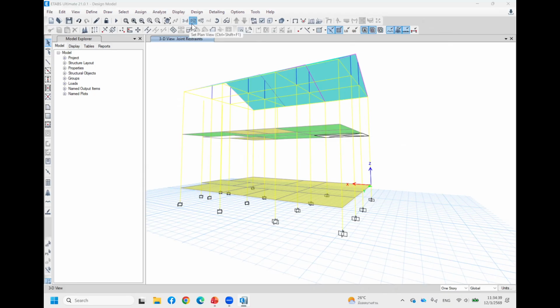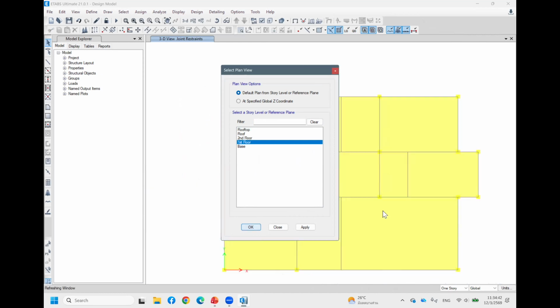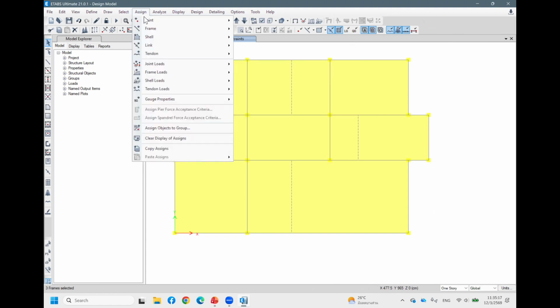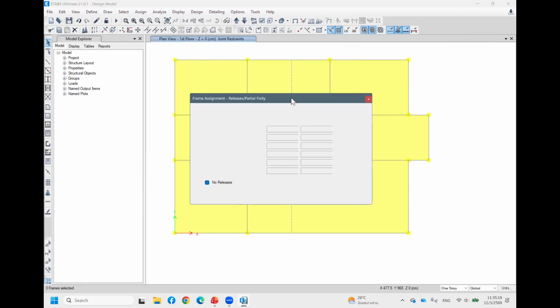So now let's go check secondary beam, first floor. Okay, the beam that connects to the column, I will consider as a main beam. So they're going to be fixed support. For the beam that does not contact the column, I will consider them as a secondary beam. For example, this one, this one. Okay, I will consider them to be pin support. So assign frame, release fixity,